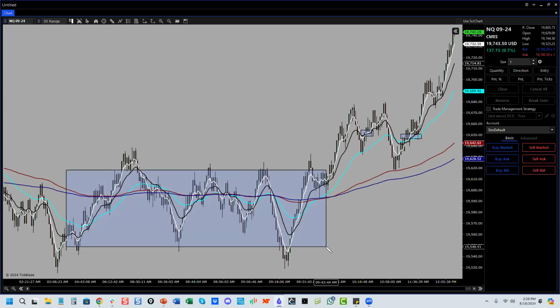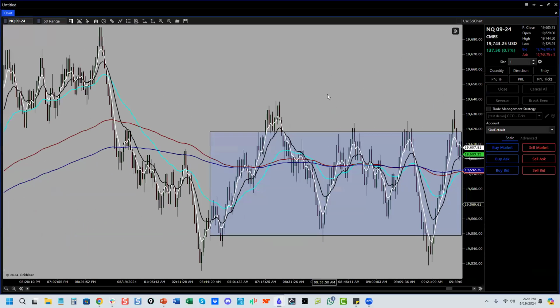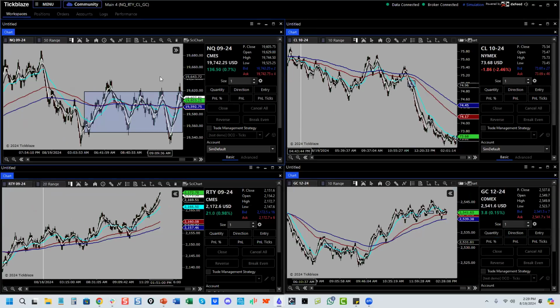What's nice about this, and this is so important for you guys to understand, is that unlike other strategies, we have safeguards in place to keep you out of the market, okay, when you don't need to be in it. Like if I'm looking at these four markets right now, and if I normally would trade the NASDAQ and I'm looking at it like this, Jim and I will be able to tell you in the room, yeah, the NASDAQ's not tradable right now. So let it show us where it wants to go, and then we're going to have our trades, right? At that same time, we could have been trading the Russell, crude, and gold, all simultaneously, all taking shorts and longs in multiple different directions.